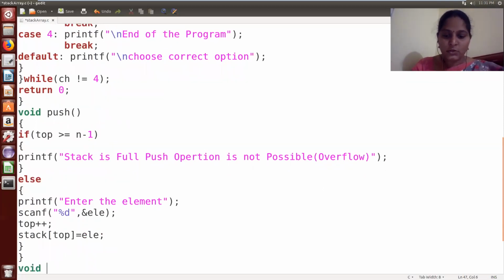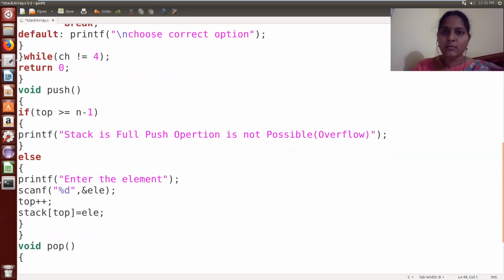So the pop function is used for removing the element from the stack. Here in a stack, there is only one end. From that end only we can perform both push as well as pop operations, right? So here also we will pop the element from the top of the stack only. If you want to perform a deletion operation, compulsory there should be some elements in the stack. If your stack is empty, we cannot perform the deletion operation. So before performing the pop operation, verify whether your stack is empty or not.